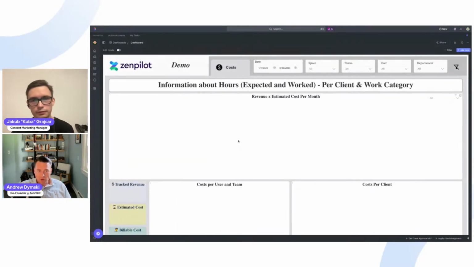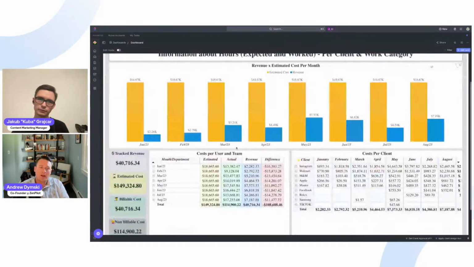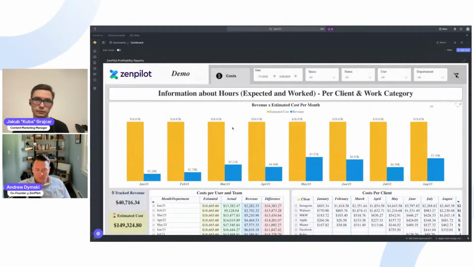We can also look at the cost side of things. And here we're looking at the cost of our labor to see what is the effort that's being put out into each of these clients. So we can do this in a variety of different ways. We talked through that one-to-one on how we're associating this, if this is dollars to individuals or dollars to roles. On the labor side of things, it's going to be dollar to individual, because you've agreed to pay this person this much money in exchange for their time, and that's going to be populated inside of your ClickUp